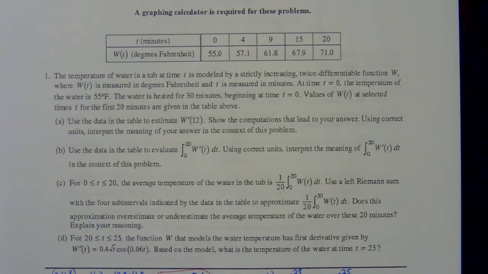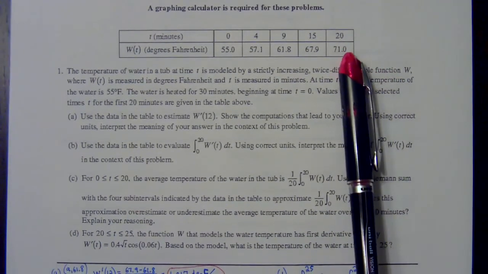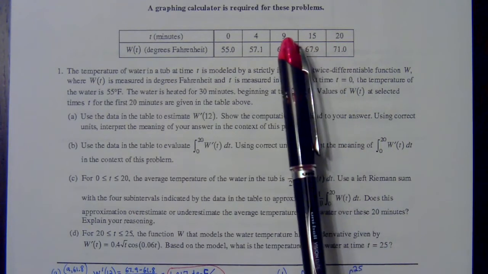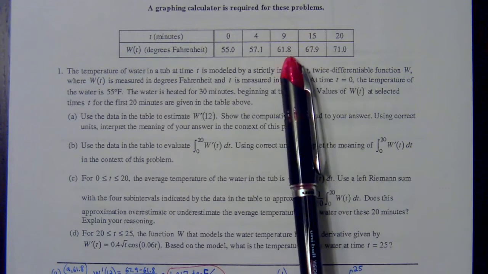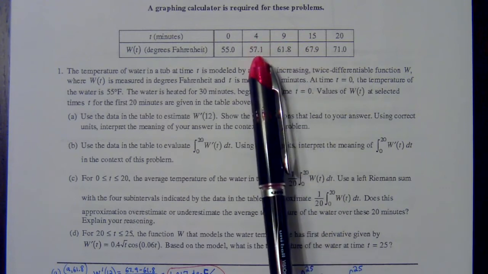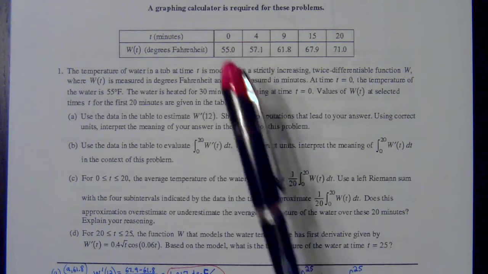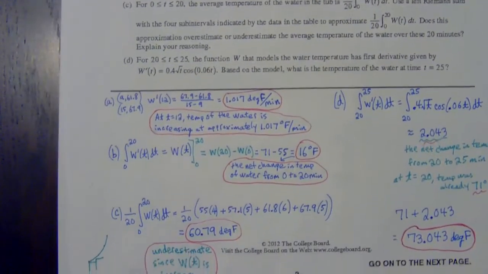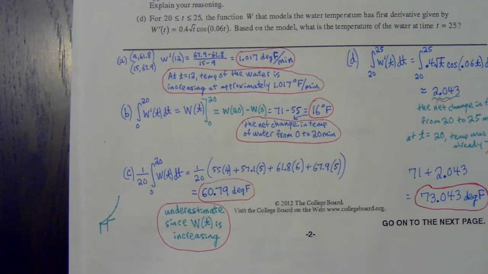Just for fun, let's do a right Riemann sum if it asks for that. Right Riemann sum, I would go 71 times 5 plus 67.9 times 6 plus 61.8 times 5 plus 57.1 times 4. Midpoint Riemann sum, we haven't seen that yet, but we will, and we'll show you how to do that when the time comes. And trapezoidal sum, you got to draw on a few trapezoids and know that area formula for a trapezoid. Now,